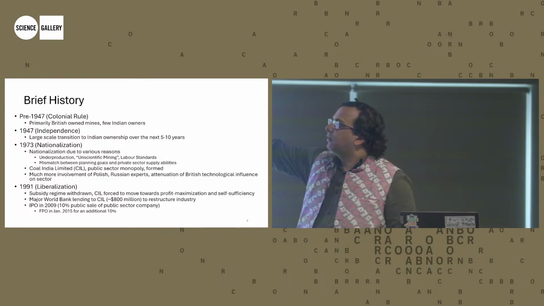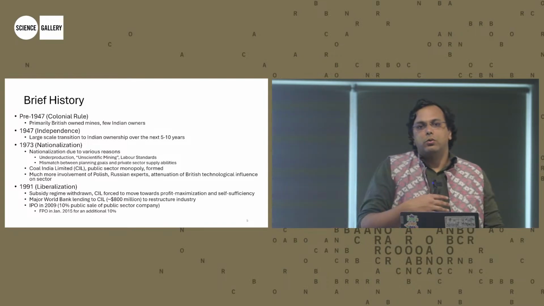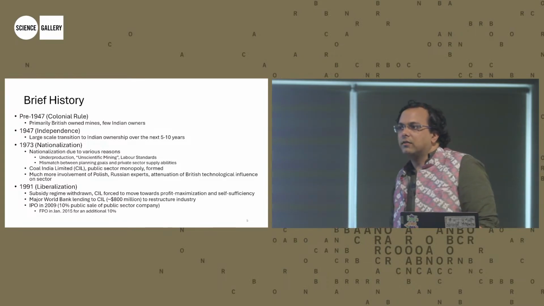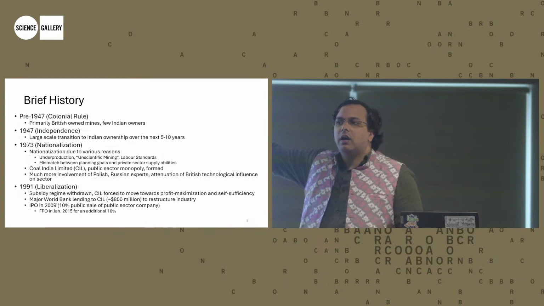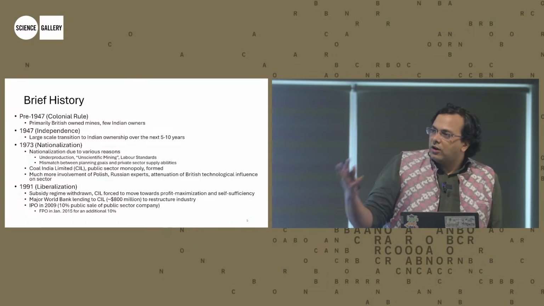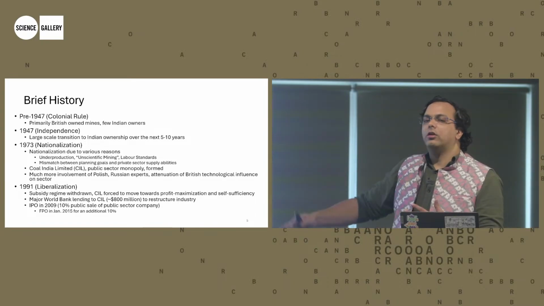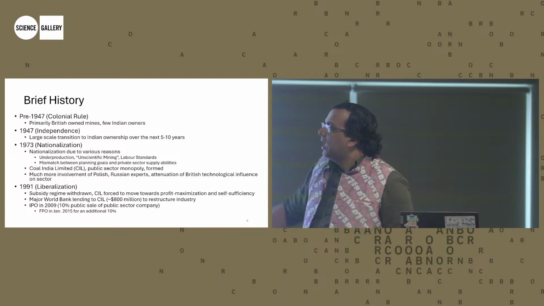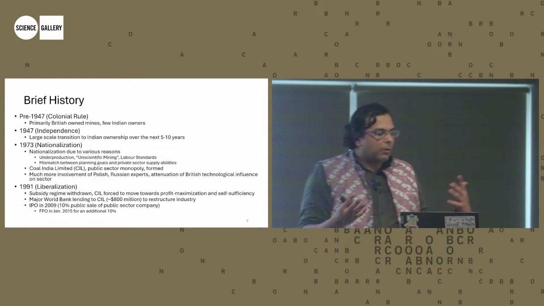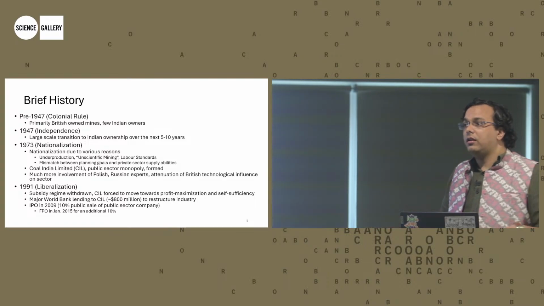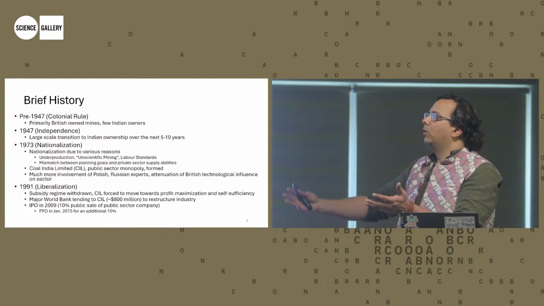Basically what happened around independence is a lot of this ownership transitioned from British ownership and British managing agencies into Indian hands, right? Particularly in Eastern India, a lot of these owners were Punjabi, Marwadi owners, business people in Eastern India who got controlling stakes in a lot of these mines, right? And basically this took about 5-10 years to happen. Administratively, it was complicated. There was still a lot of British capital in India after independence, and that slowly exited.